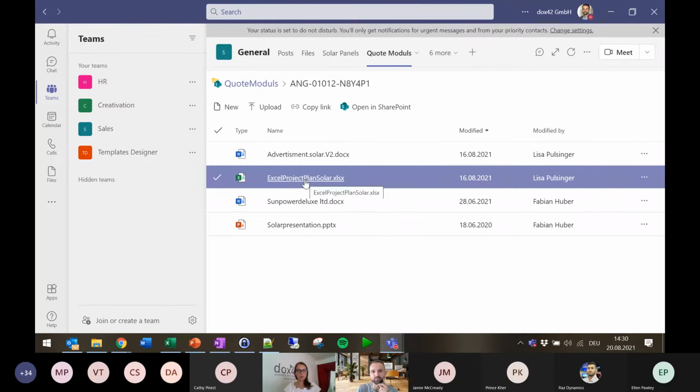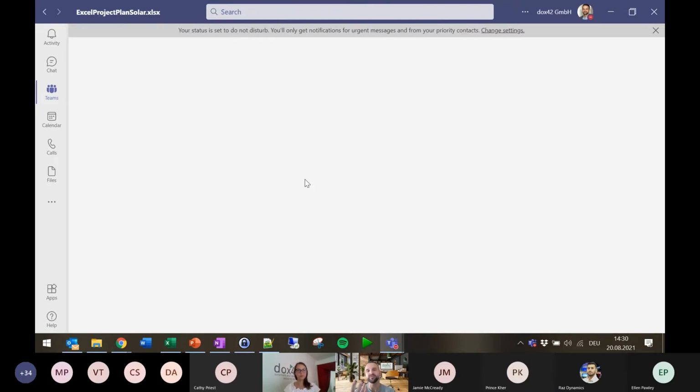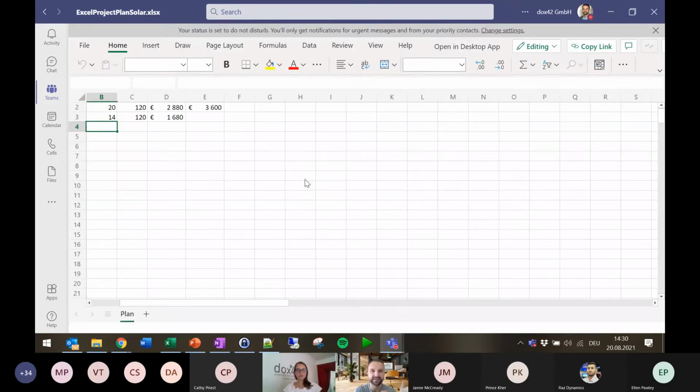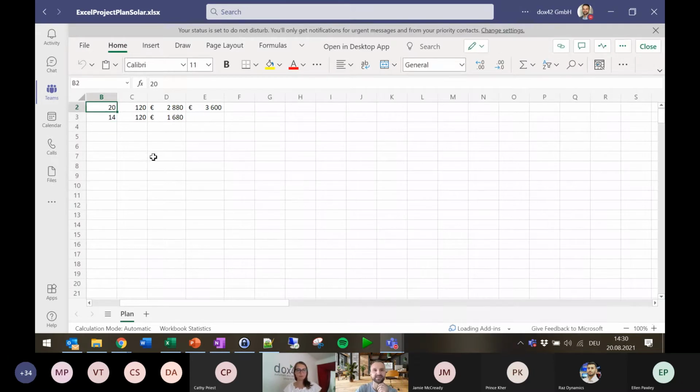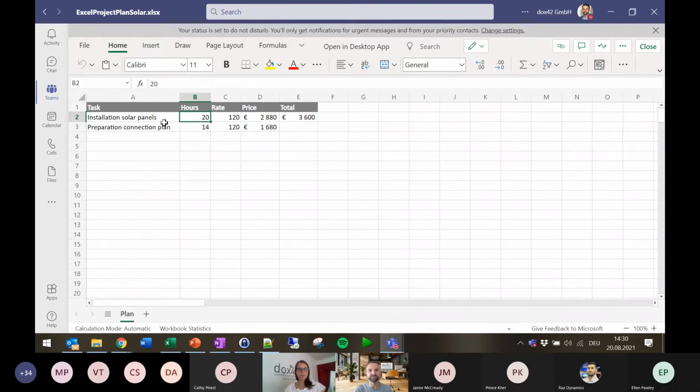And if we, for example, take the project plan. So basically, the service in this case is not maintained in Dynamics directly, but it is maintained in here in an actual Excel. And there is a calculation based on the hours, based on the rate. The installation, as we know, will be quicker. So we can change this in here and do the calculations right away in that Excel. And of course, since we are within SharePoint, this is safe there and will be in our document in a second.